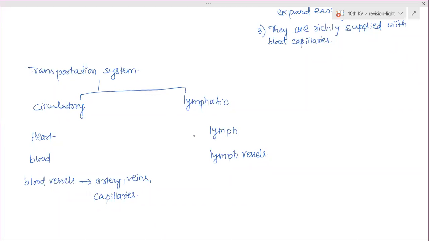So you should not get confused now. When transportation system is for 3 marks, it is expected from you to explain both the circulatory and lymphatic systems. And when they have asked only the circulatory system, then you can explain only heart, blood and blood vessels. And that too, you are not supposed to explain 2 to 3 pages. You only tell what it is and what its main function is. Clear? You are not explaining in detail what exactly it is doing.